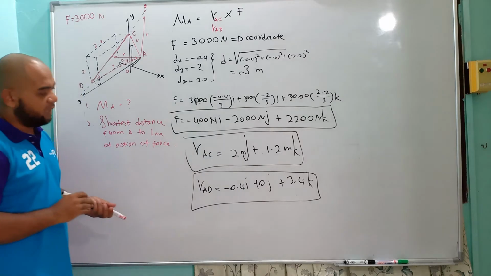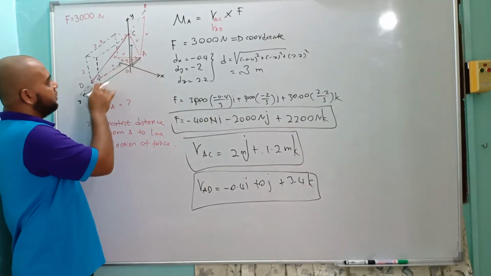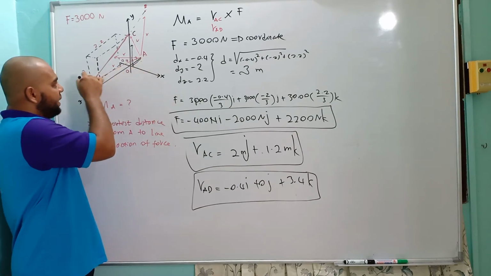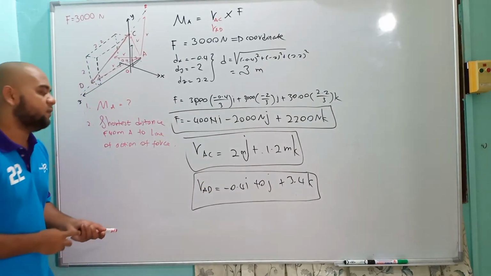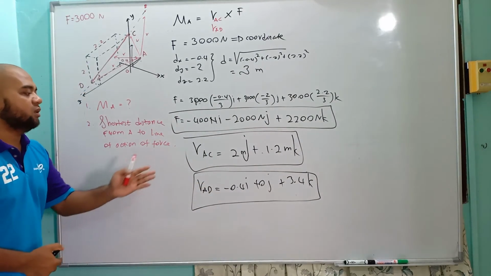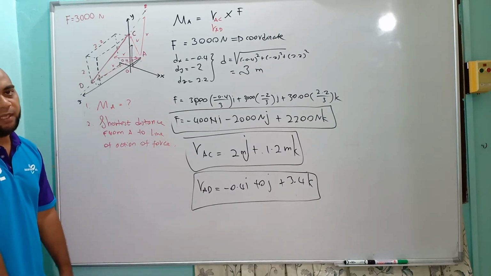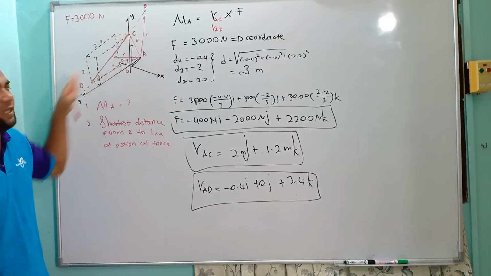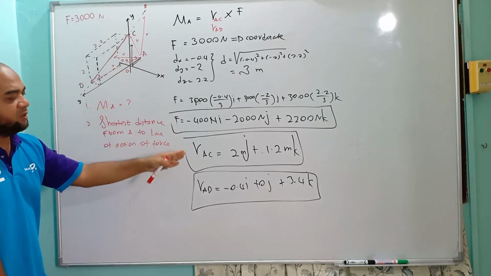Okay, so we have moving from here to the 1.2 and 2.2, 3.4 in Z direction, but going to the backward 0.4 negative for I. So there is R for AD. So you can choose either to use RAD or RAC. Depend on you. You will get the same answer as long as this point is on the line of action of force. Okay, so let's say in this example we use RAC.